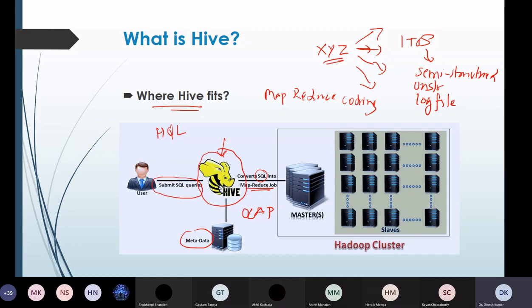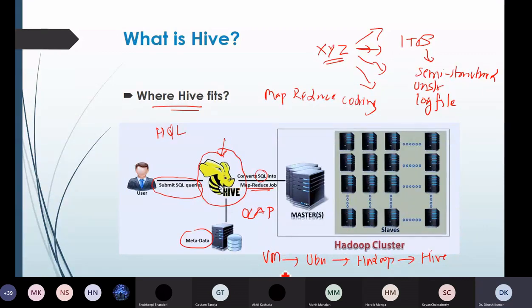Right. The second thing, which is also very important for you to know, is that for running Hive, you need to have Hadoop installed on your machines. In my case, I have created a virtual machine. In that virtual machine, I have installed Ubuntu. In the Ubuntu, I have installed the Hadoop cluster, and on top of this, I have installed Hive. So Hive works on top of Hadoop. This is the Hadoop cluster, and this component works on top of the Hadoop architecture.